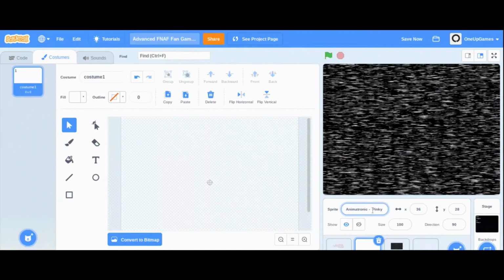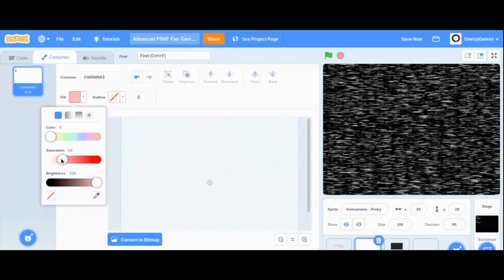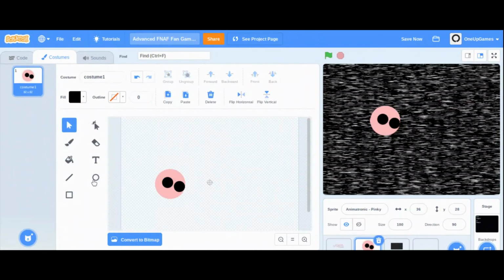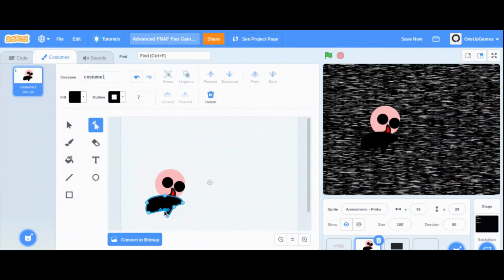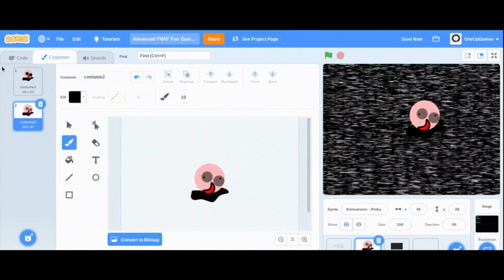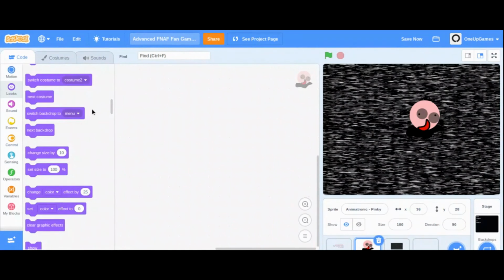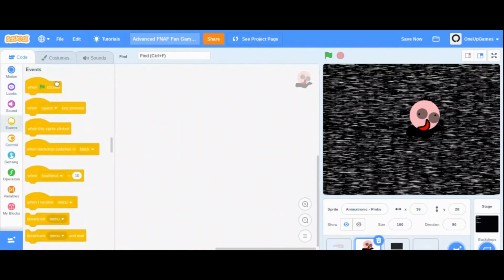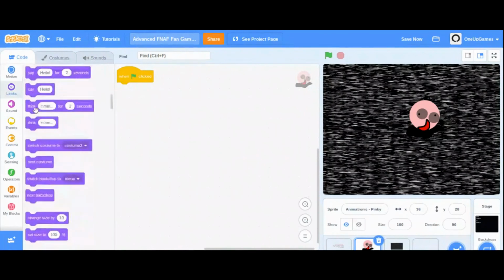After naming our animatronic, let's get drawing. Draw two, as many as you like, different costumes for your animatronic. So let's get coding. We're going to be coding the little glitch between its costumes, the little flicker between its